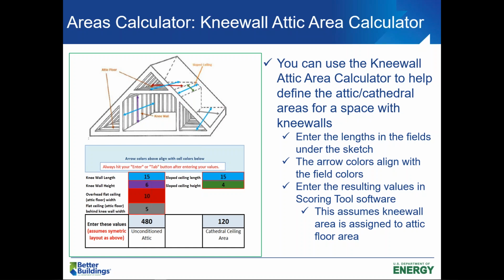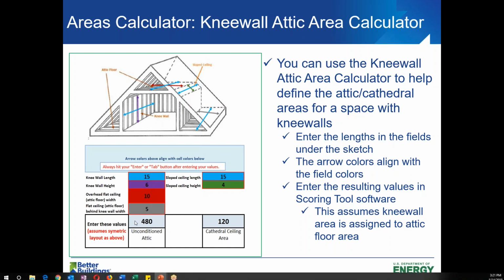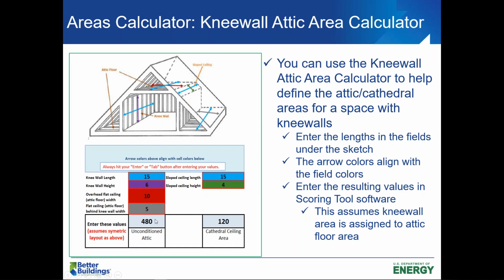So in this instance, our blue arrows align with the blue data fields, the purple arrow with the purple field, the red with the red, and the brown-gray color with the brown-gray color. If you enter these elements, it will then give you your unconditioned attic space. So this combines your knee wall, your vertical